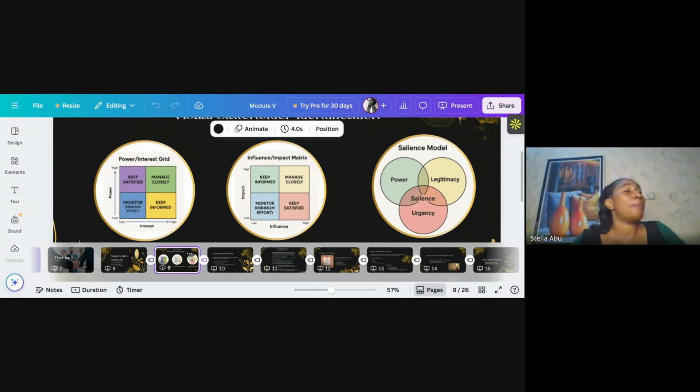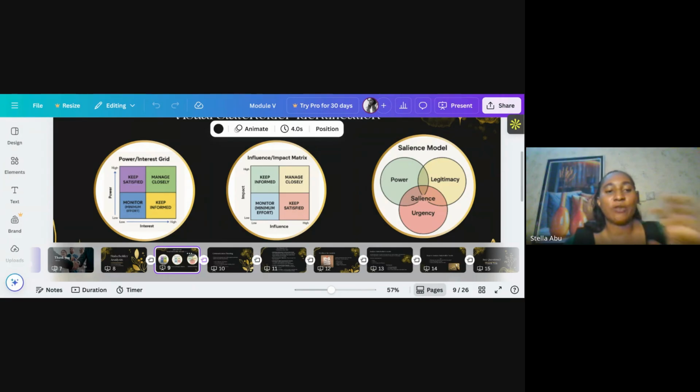High power, low interest, right? They really don't have interest. Sorry. That means you have to keep them satisfied, right? Those that have interest, just keep them informed, right? Low power, low interest, just monitor them. I know it's a lot. Even myself, sometimes I kind of mix it up sometimes, but